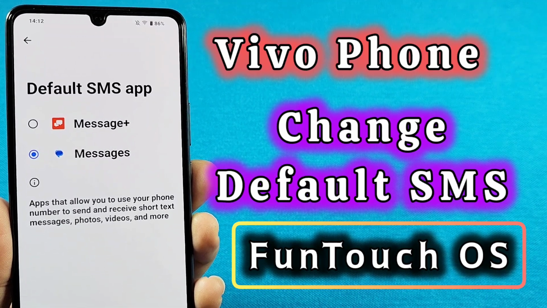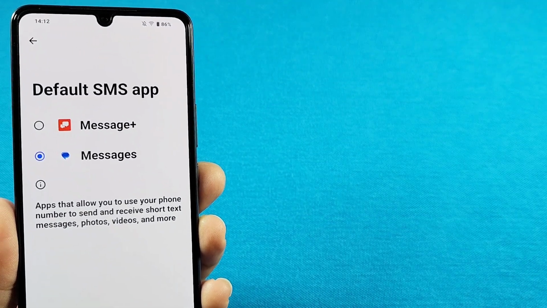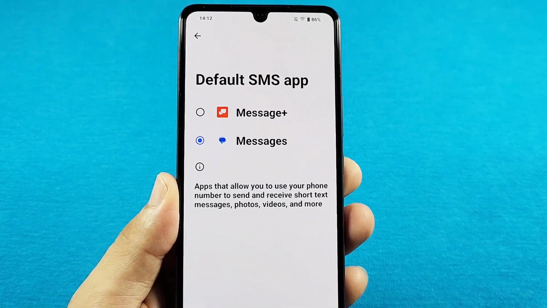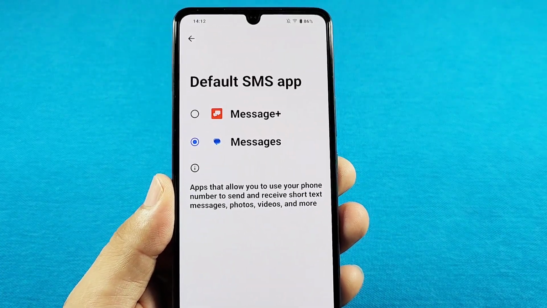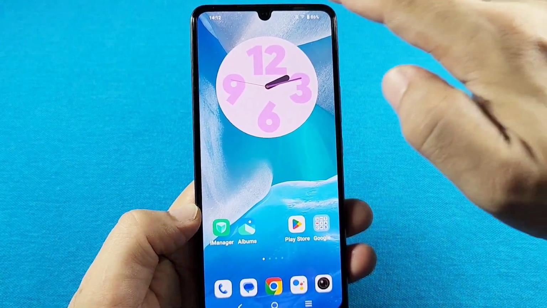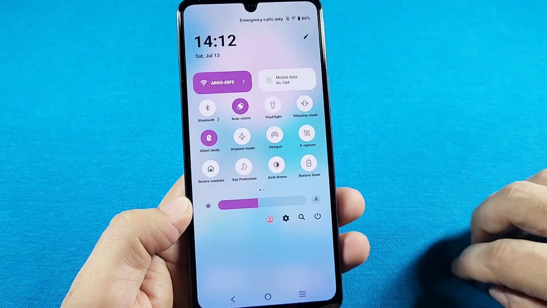How to change the default SMS or default messaging receiving app on your Vivo phone with Android 14, FunTouch OS 14, the global version. To switch to another SMS app as your default, pull this down twice and go into